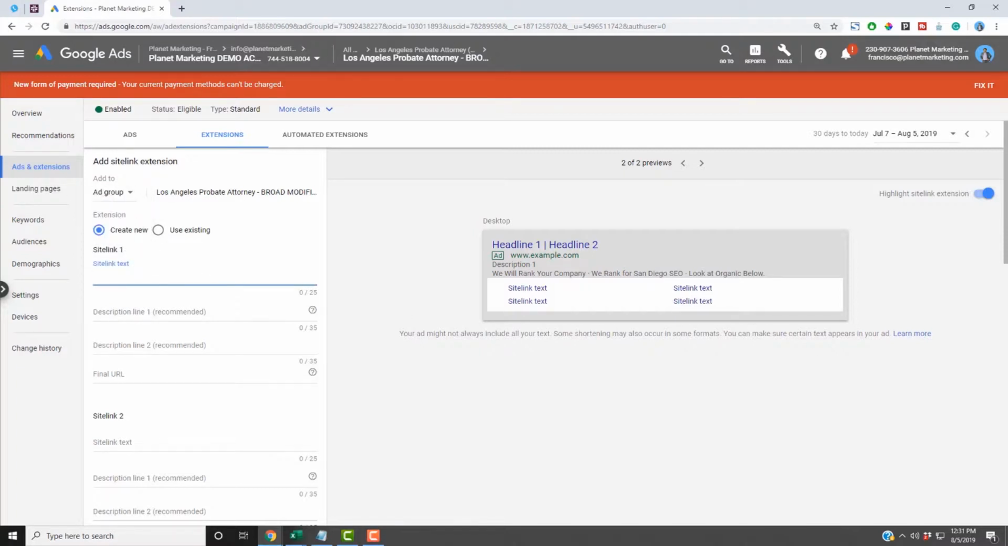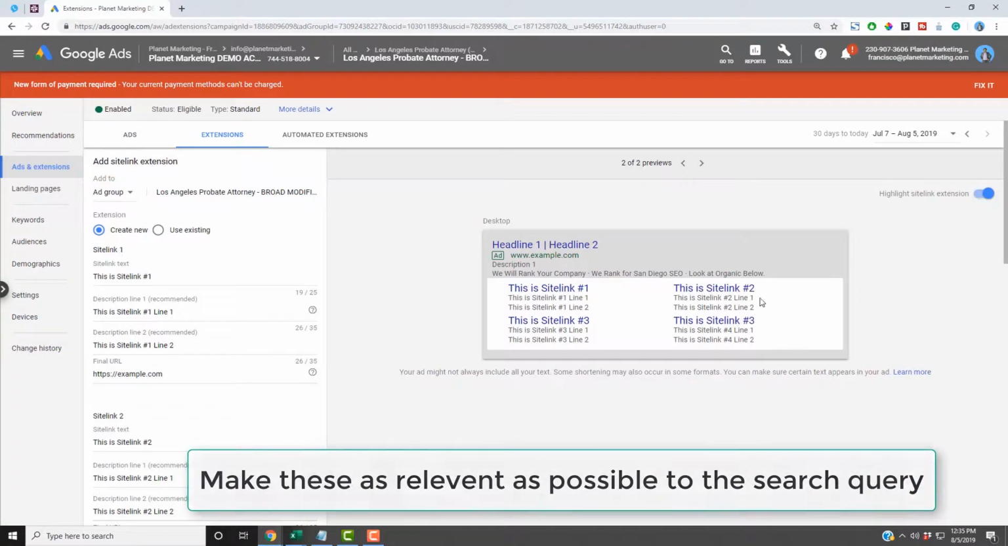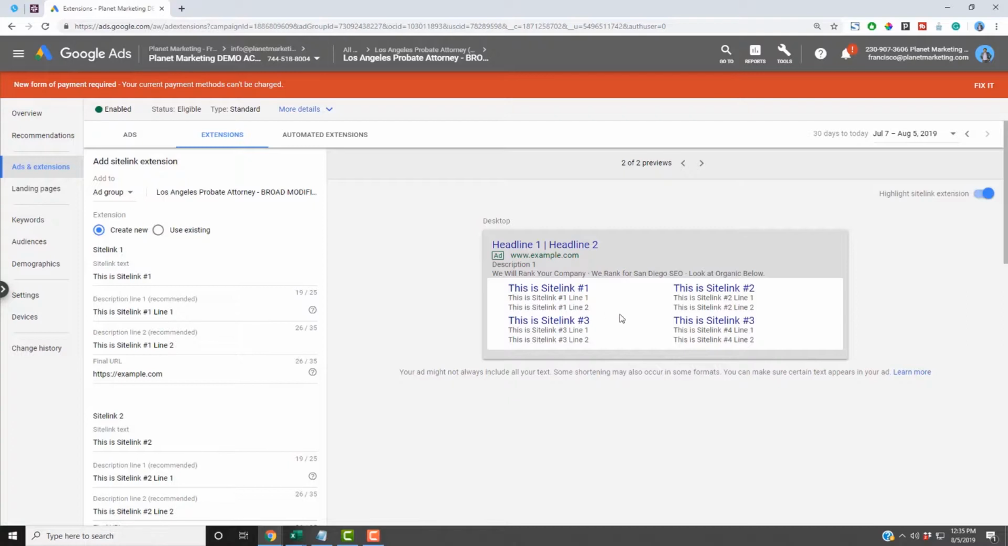So here, let me fill all this out. You can see that this is site link number 1, line 1. I highly recommend putting in description line number 1 and number 2 so you can keep pushing your competitors further down the page. You're paying for all this traffic anyway. I made a little typo here, but anyway, I recommend that you make these as relevant as possible to the search query. Now, you can put the contact part here